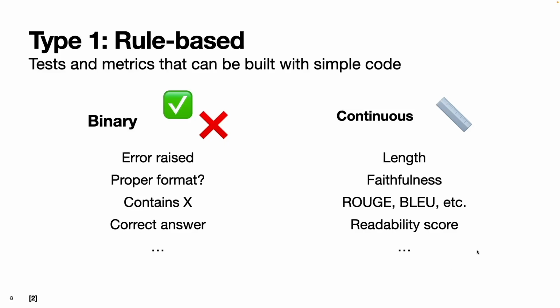All of these evals are going to be very use case specific, but these are just a handful to hopefully get the gears turning. Another important point here is that even if you're using continuous metrics like length, faithfulness, so basically anything that's not binary, you'll still need to translate it into a binary eval so you can define your stopping criteria for your LLM loop. And so this is just going to come down to defining a threshold for each of your continuous metrics.